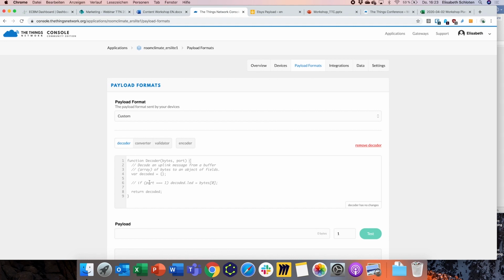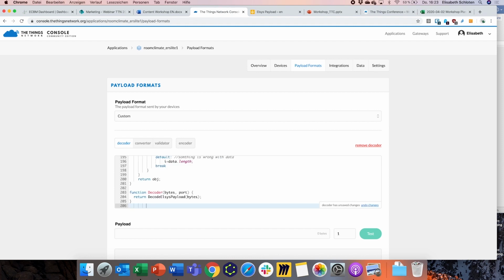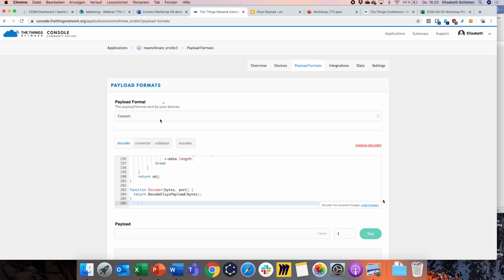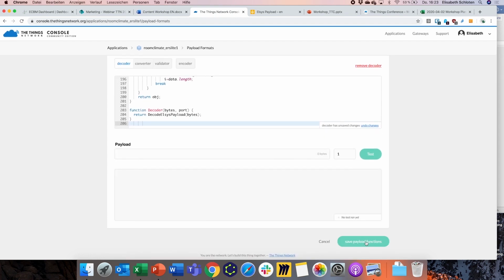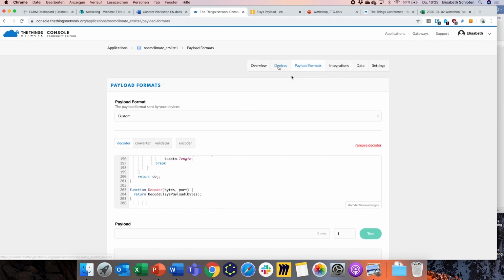There's already a very, very basic decoder function in here, but that's not going to be enough to get us the data from our sensor. So ELSYS have written their own, and if you select this, delete it, and then Command V or Control V, put in what we've just copied, then we've got the whole ELSYS decoder sitting in here. And now we can test. First of all, we save, and then we can test if this actually works. So successfully saved the payload decoder,